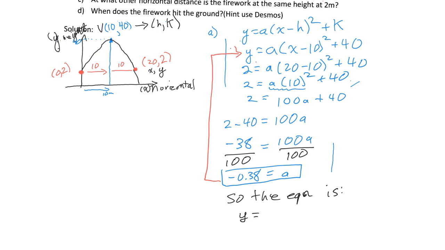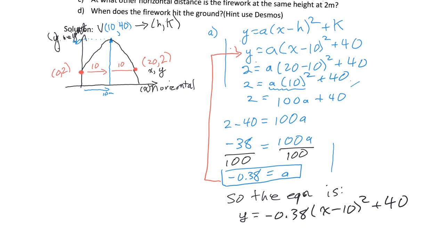So we've got y is equal to negative 0.38 times (x minus 10) squared plus 40. So for B,